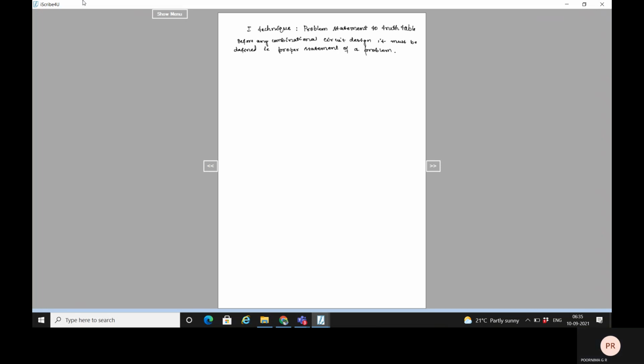So whenever a truth table or problem statement is given, first let us see how to convert it into a